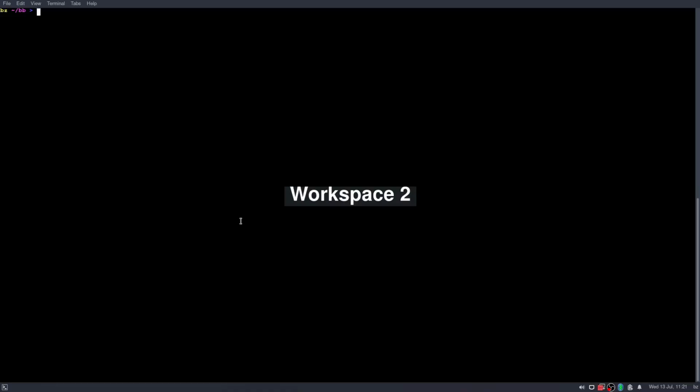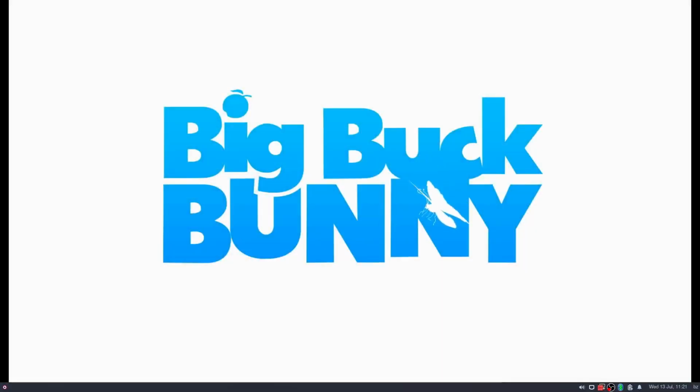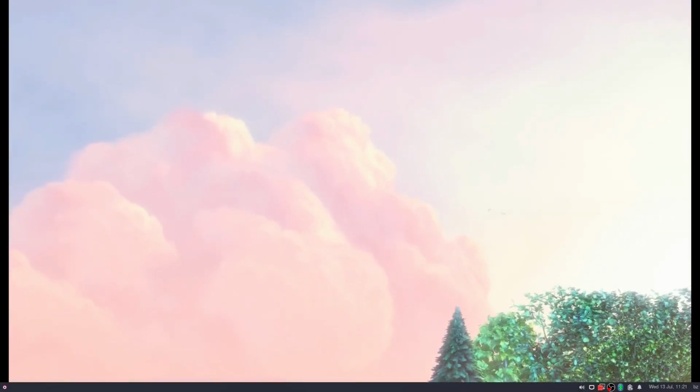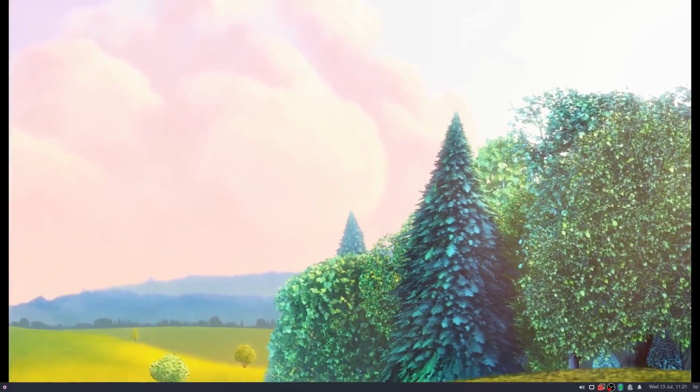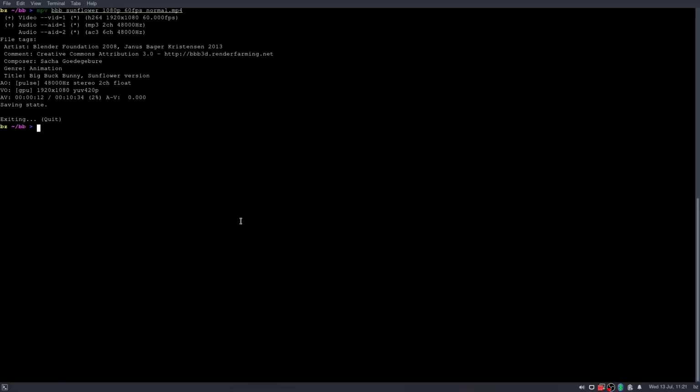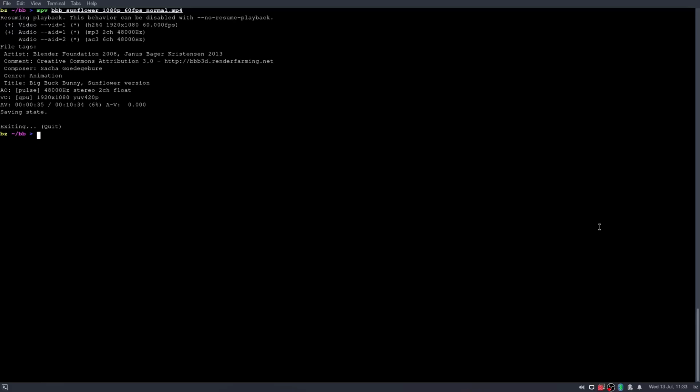Now let's look at my XFCE4 terminal, for which window swallowing is enabled. If I do the same thing here, I launch MPV, you will see that MPV launches in full screen and the XFCE4 terminal is now hidden. If I exit out of MPV by hitting the Q key, the terminal out of which the process was launched is visible again. Window swallowing of course works for most applications, but there are some limitations